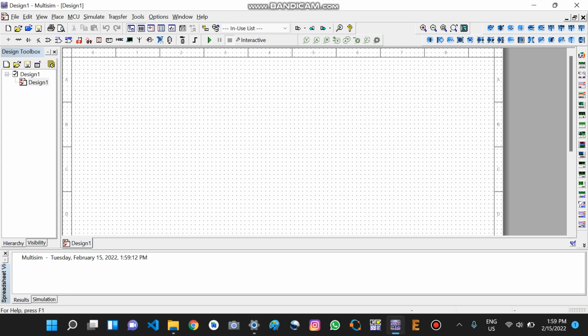Hello everyone, today I am going to show you how to design a high pass filter with a cutoff frequency of 500 Hz. To begin with, it is very easy in Multisim to simulate this. Now as we have already set our cutoff frequency as 500 Hz, we can take the capacitance value as 1 microfarad